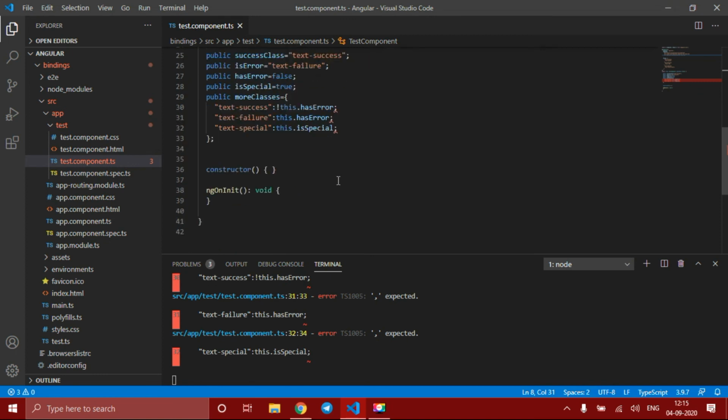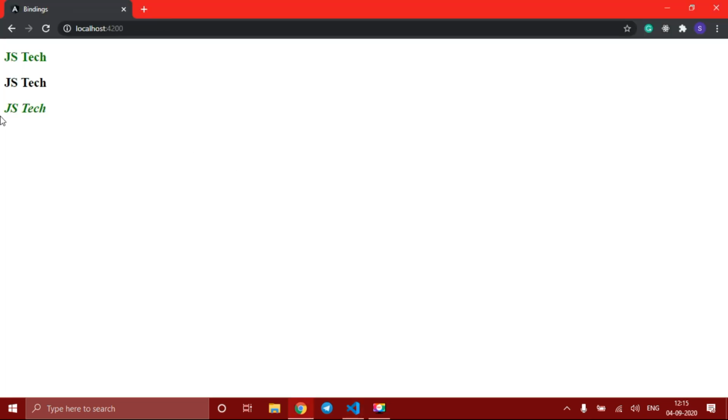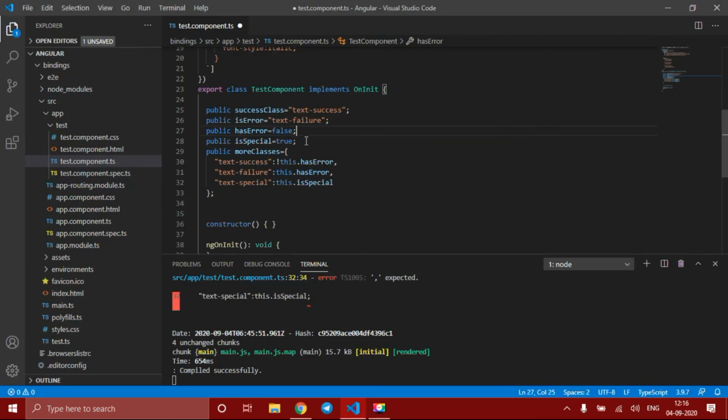Okay, there is an error. We need to use commas here, not semicolons; for the last one it's not required. It has compiled successfully. We can see that my special class and my success class are both applied. Let me change something here.